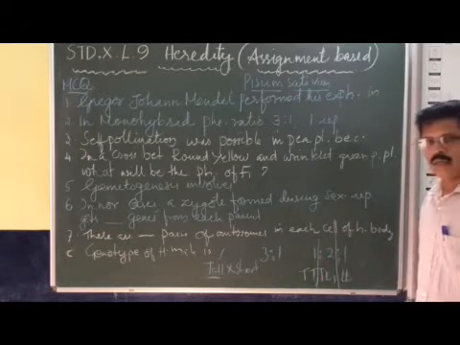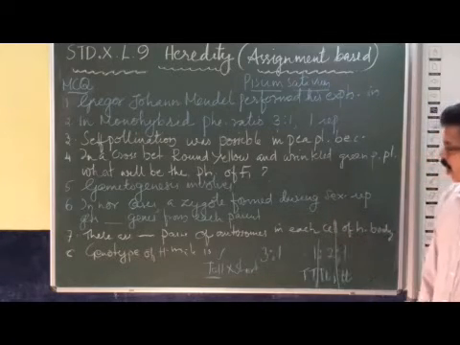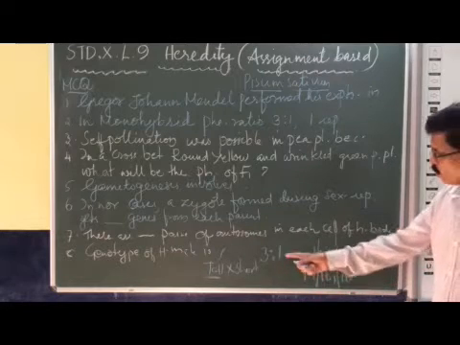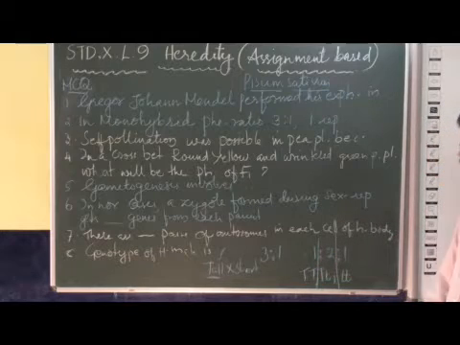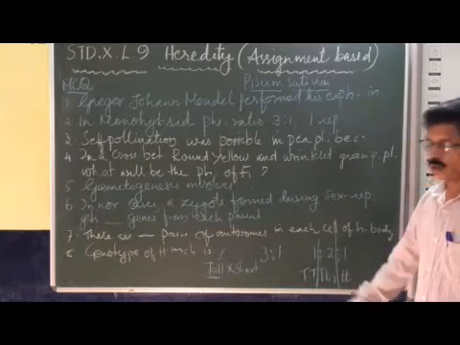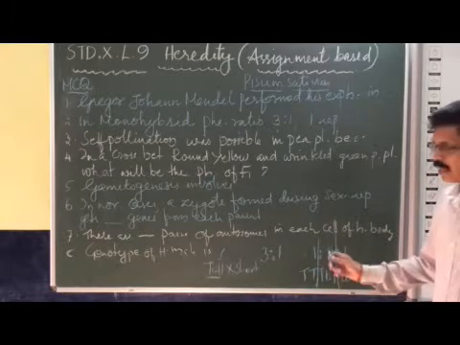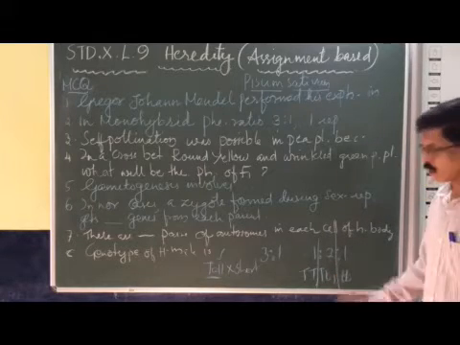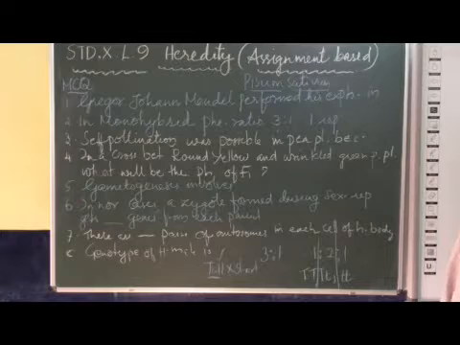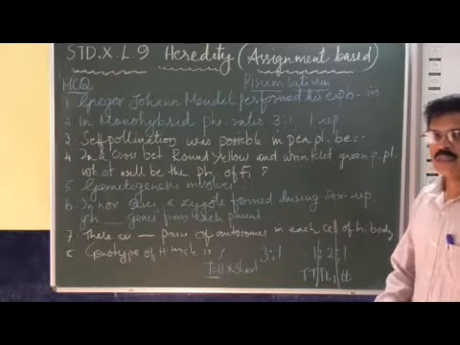We can say in the monohybrid ratio in between tall and short, the cross is between tall and short, and we got the monohybrid genotypic ratio, that is 1:2:1. One is homozygous tall. Both the genes are homozygous, same, similar. Now 2 represents heterozygous tall. You got this? And the last one represents the homozygous short. Very clear?